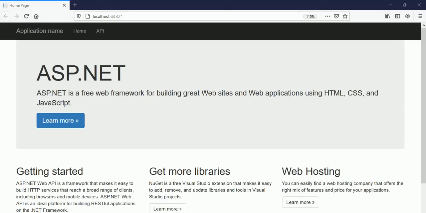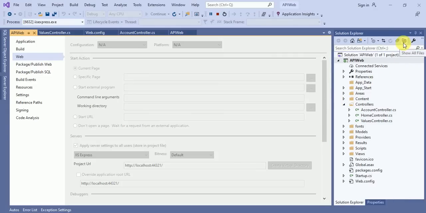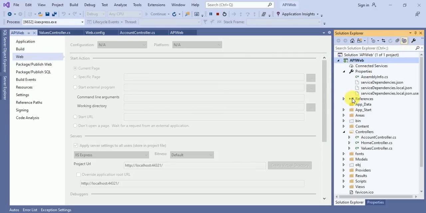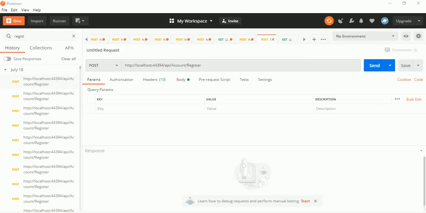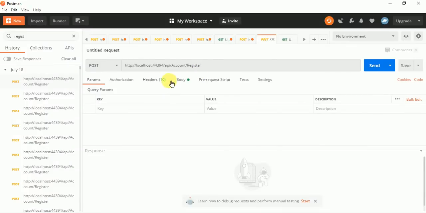Now let's move on to Visual Studio. One more thing I want to let you know. If I click on show all, then in App_Data you can see we don't have any database. Now I will copy this localhost and go to Postman, where I have already created a register method.